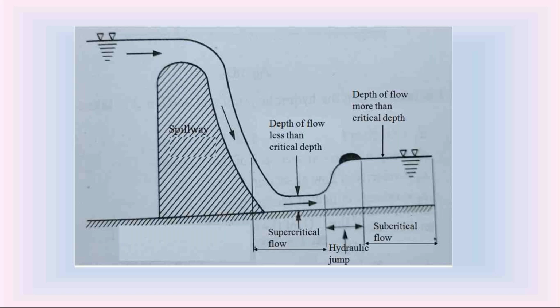If the capacity of the dam is exceeded due to the floods in the river, we release the water from the dam by using the spillways. For releasing the water from the dam, in the dam portion, we have this arrangement called spillways. The gates are provided over the spillways. When the dam is completely filled with water and the river is still carrying water into the dam, in order to release that excess water in the river, we raise the gates over the spillways.